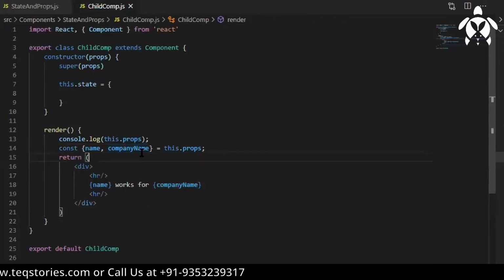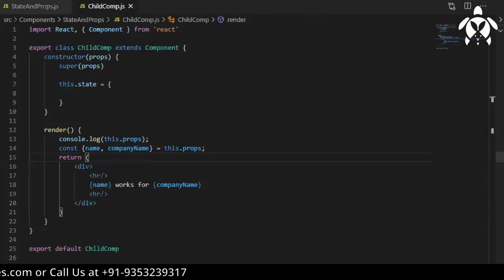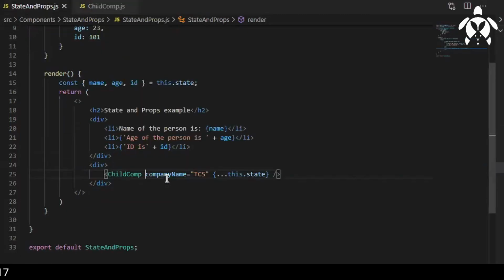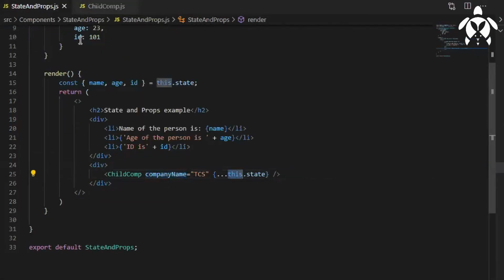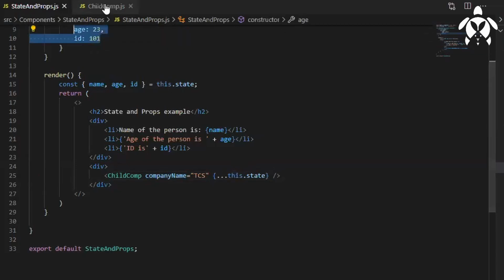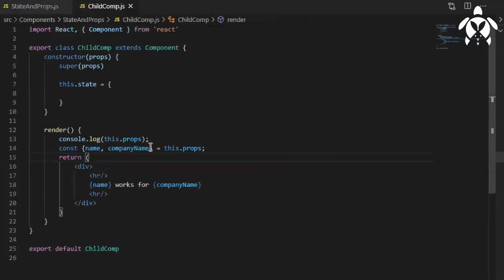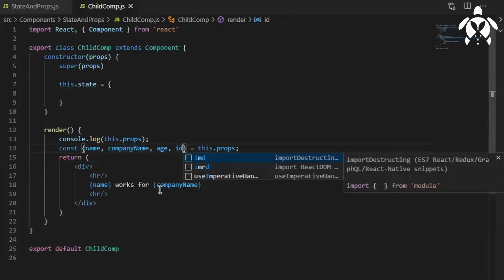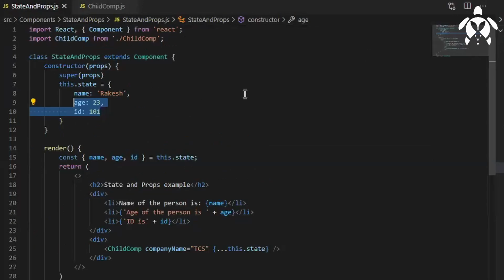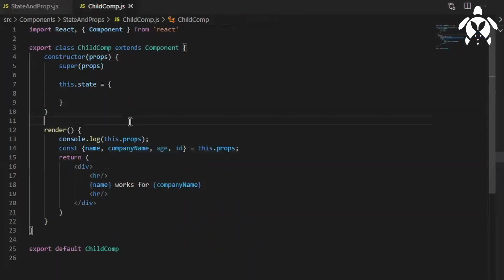How should I destructure now? According to the output we have got, we have sent the company name and these properties. So we can directly write name, company name, and we have got the age and the ID. Good. Now we can write the age and ID if you want.